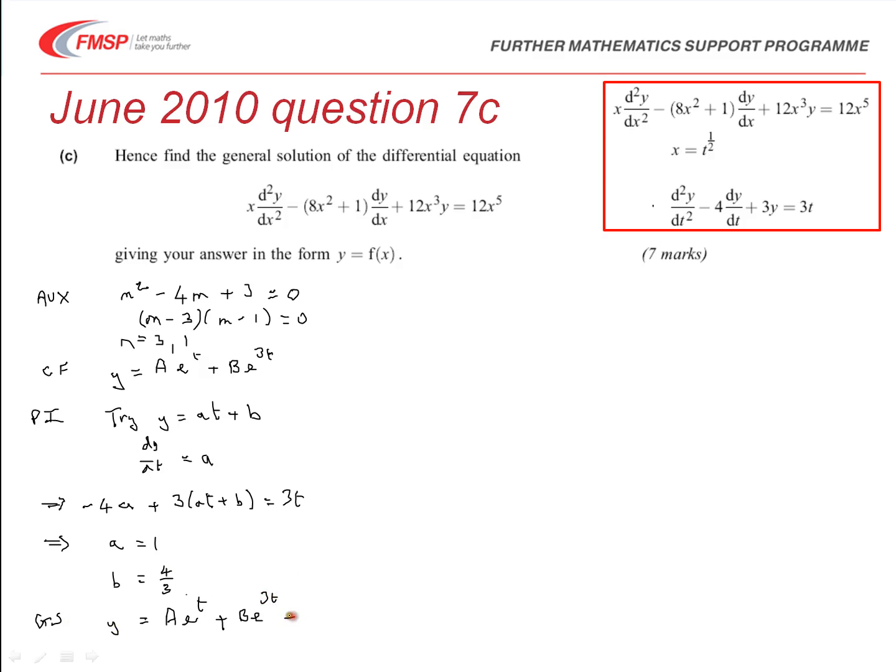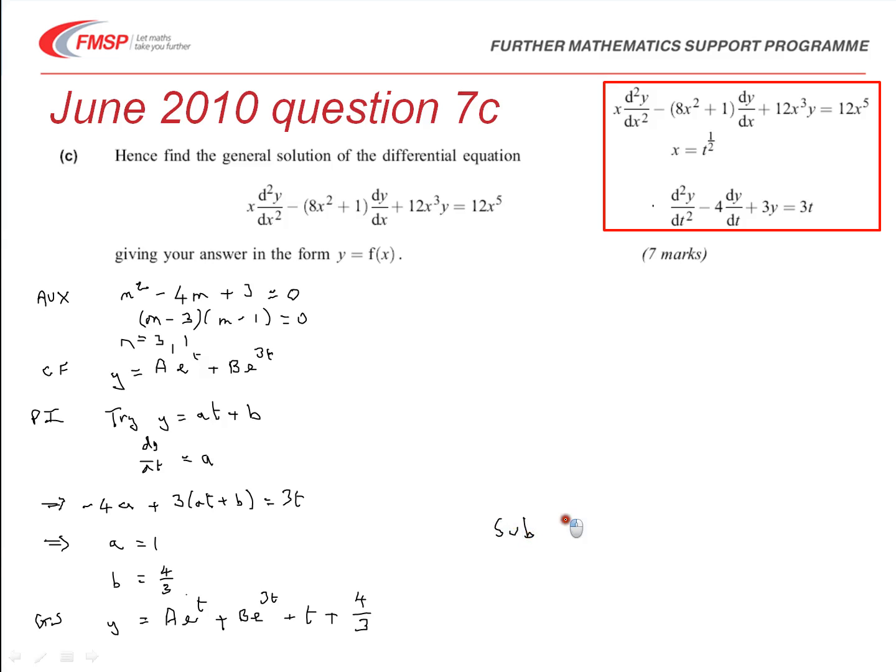So a is 1, so that becomes plus t plus b, which is 4/3. So that is the solution to our 2nd order differential equation relating y to t. We wanted the solution relating y to x. So now to finish the problem off, we got to substitute back in